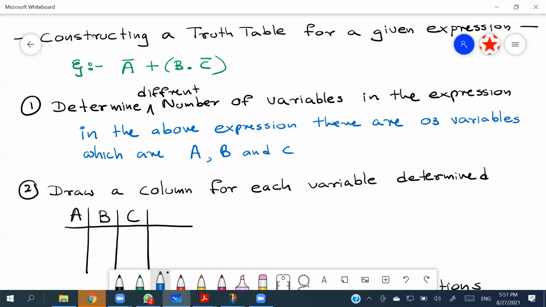But it doesn't matter. When we are considering the number of variables, it's just one particular variable. So literally what we have to do is figure out how many different English letters are there